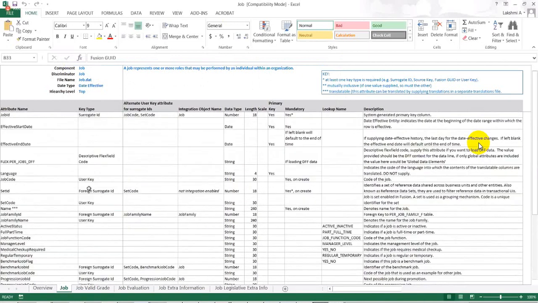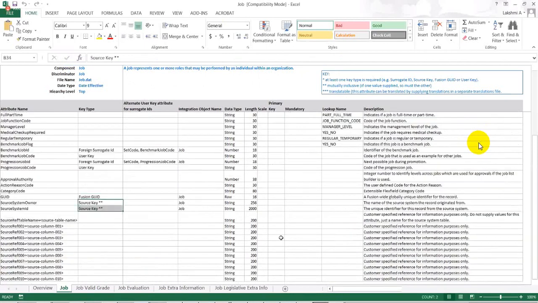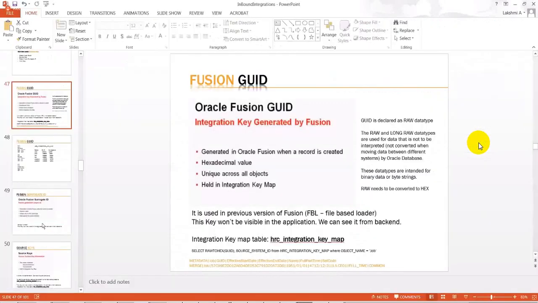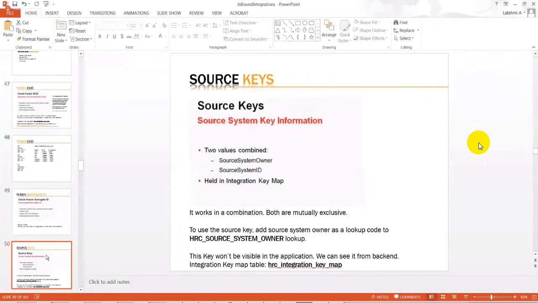And there is something called source keys. What are the source keys? Source keys are a combination of source owner and source system ID. And why has Oracle defined these keys to uniquely identify the record? The reason for that is